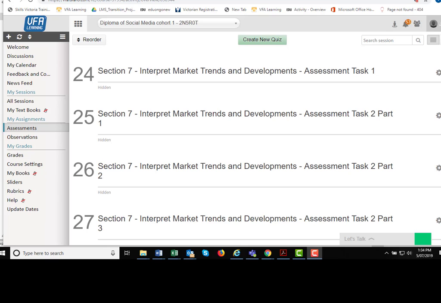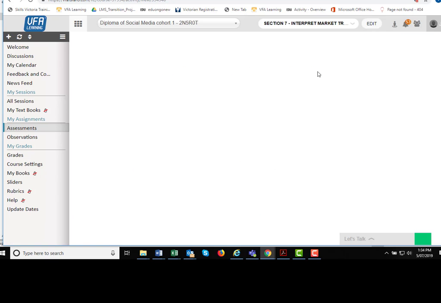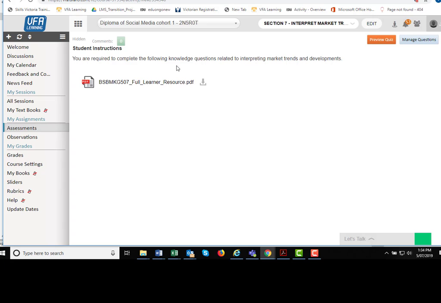We're going to have a look at section 7, assessment task 1. As you can see, these are knowledge questions related to the information covered in section 7. What we've also included here is a copy of the full learner resource, so that when you're doing the questions, if you don't want to have to go back through all the steps of the LMS, you can just